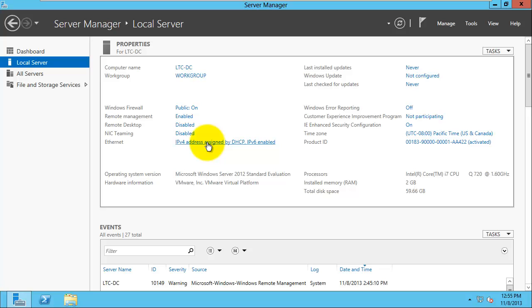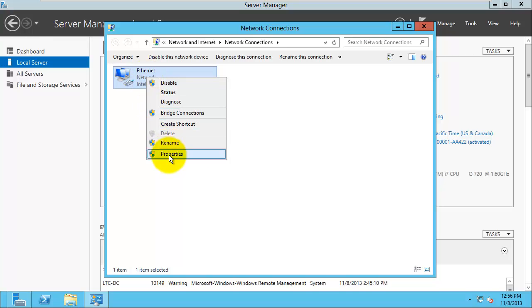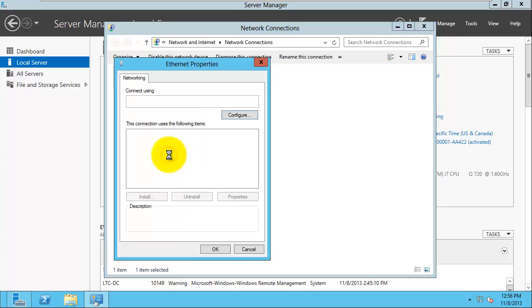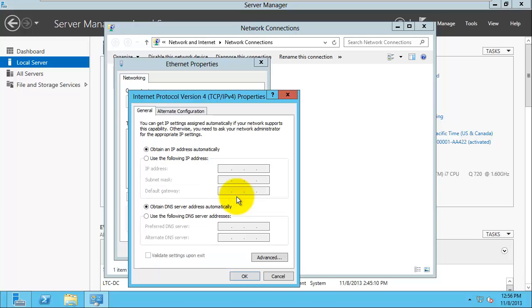To change that to the static address that I'd chosen, I click on the link. It's going to bring up the network connections page. I go to my Ethernet adapter, right-click and go to Properties. Find TCP/IP version 4, select that and choose Properties. And I want to give it a static IP address, so I'll use the following IP address. My IP address, make sure I click Num Lock, is